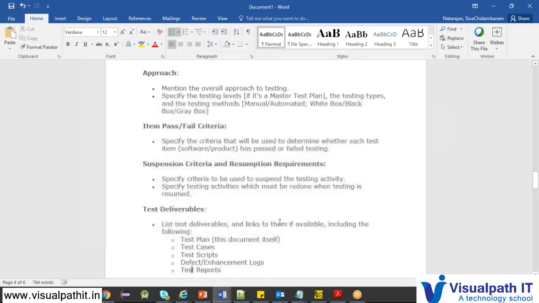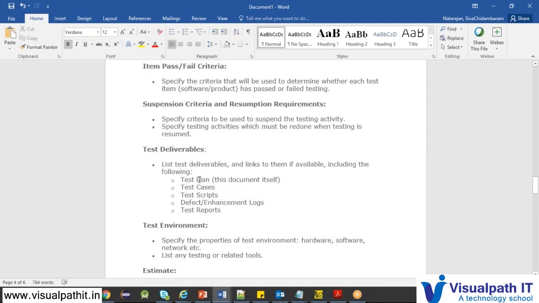Then test deliverables, as I said, you can see here: test plan, test cases, test scripts if it is automation, and defect and enhancement logs, and test end reports or test reports. And this mostly comes under the traceability matrix, what all passed and failed. You will give the test cases with pass and fail criteria, but again you have to give defect logs as well, what all defects you have